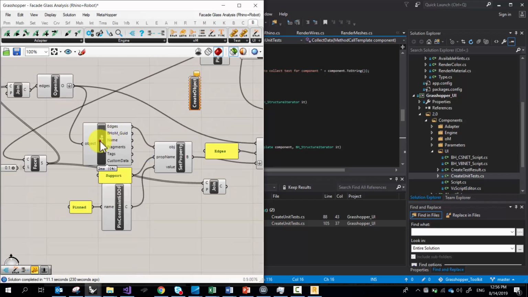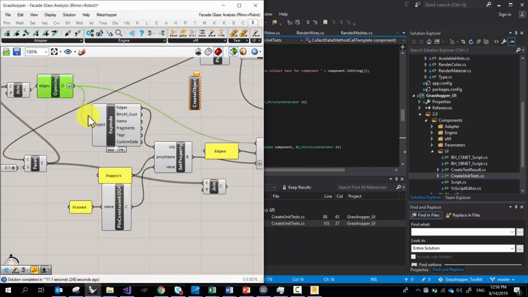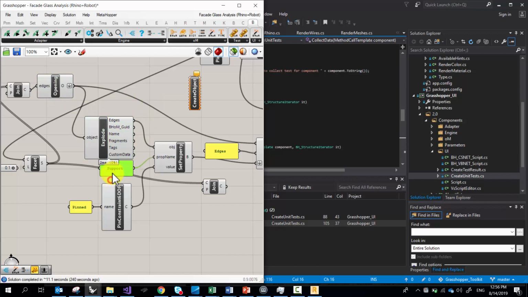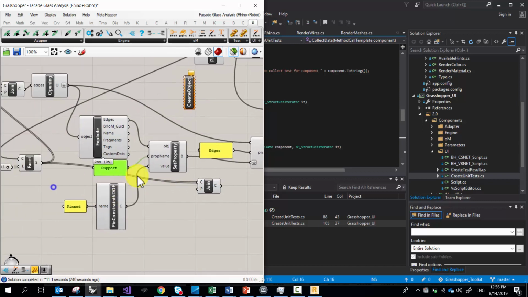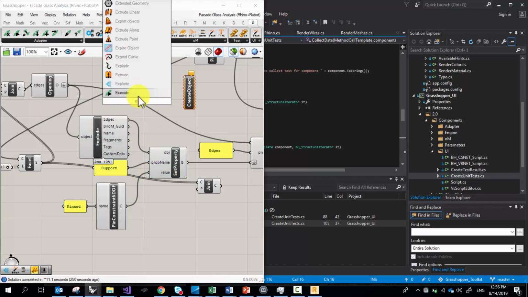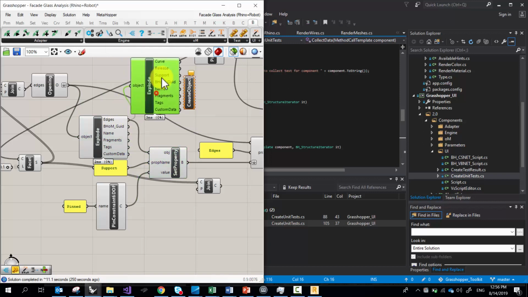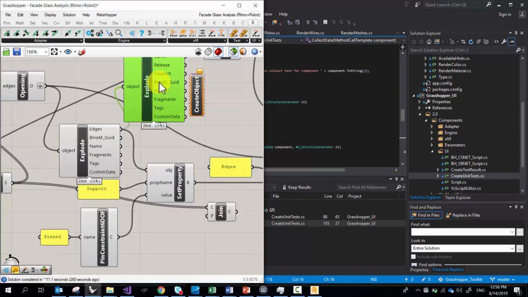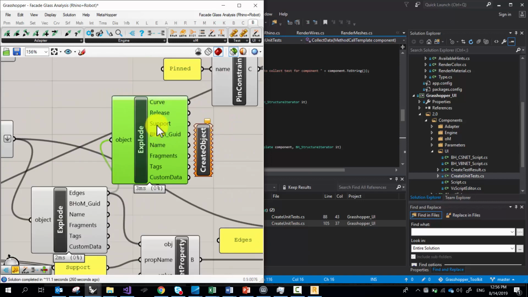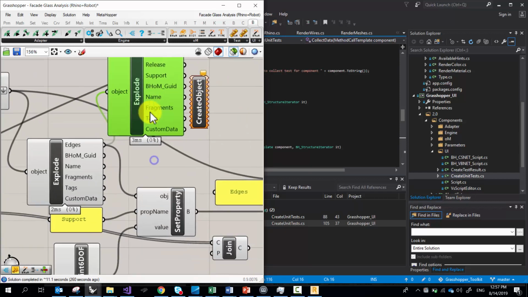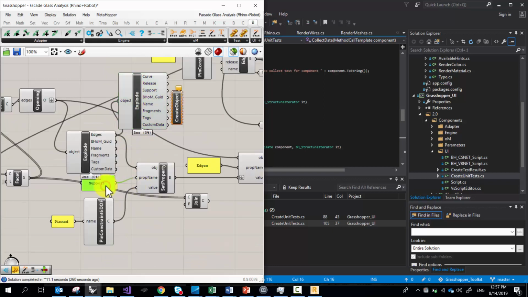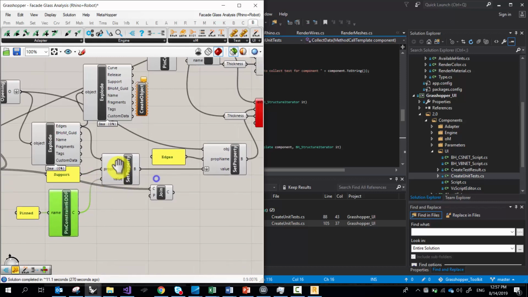So we said, how about this? Let's create the thing the only way we can do it: take it apart, reassemble it based on how we want it, right? So we explode it, we take its edges, and we say we're going to set their property. We know one of its properties. What's a property? A property is anything on the right side here. That's a property of an object, okay? So in this case, the support property is nothing in it, right? So if we say, please set the support property to the value of this pinned degree of freedom,